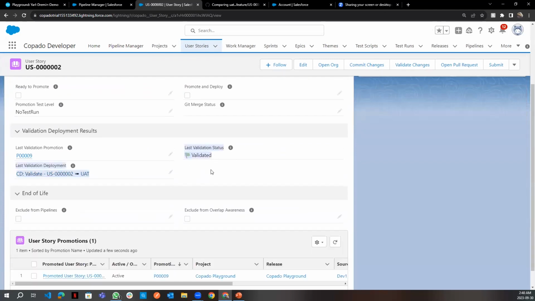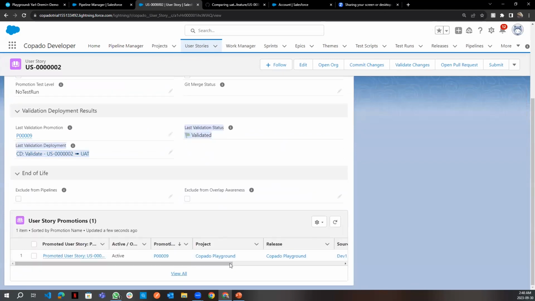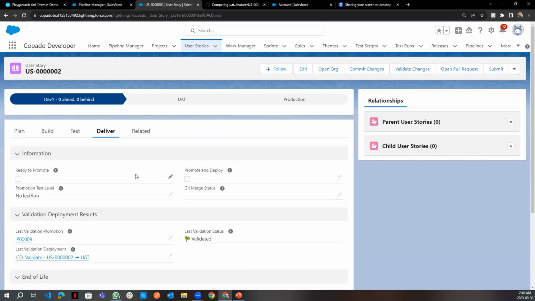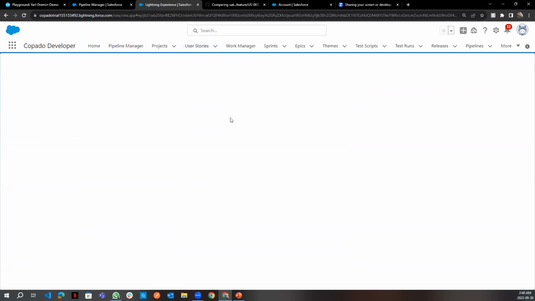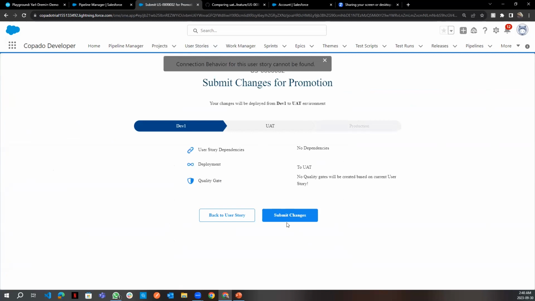So you can see that this user story got validated. This is the promotion. These are the records that Copado is creating. I'm not explaining these things. So this user story got validated against UAT. So then you just submit this. As a developer, you just click this submit button. Once you click this submit button,